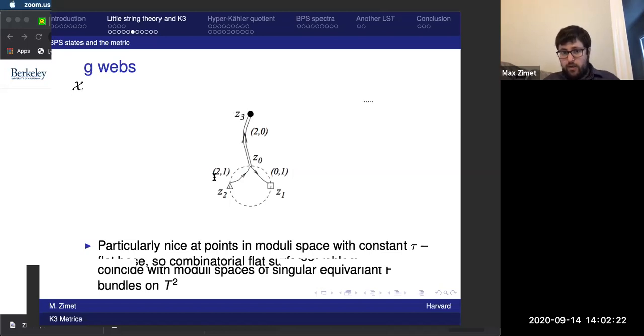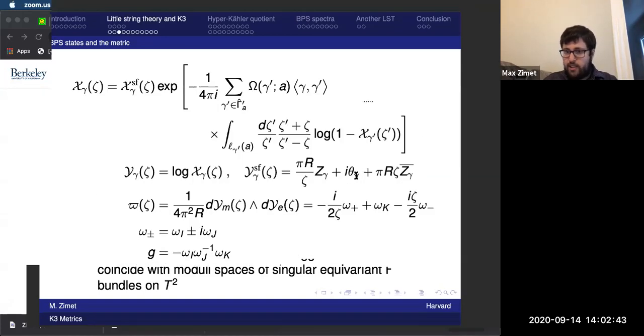Okay, so the metric on this K3 surface is singular, but one can use these invariants defined from this flat surface problem to get smooth K3 metrics by turning on these parameters. So these are the ones that affect the F theory limit, whereas these ones don't affect the F theory limit.